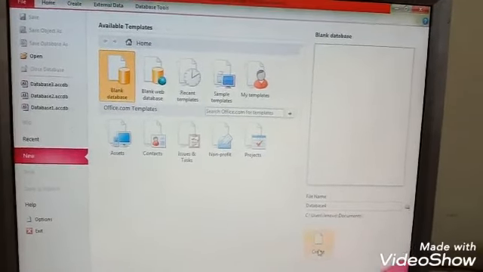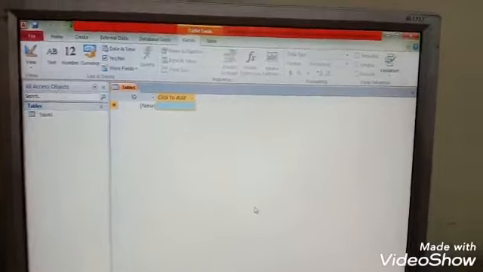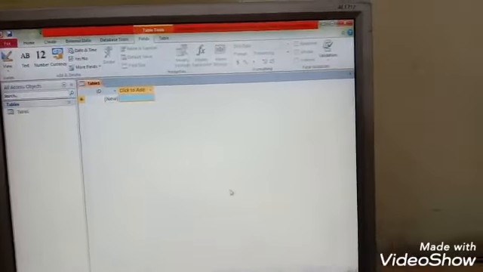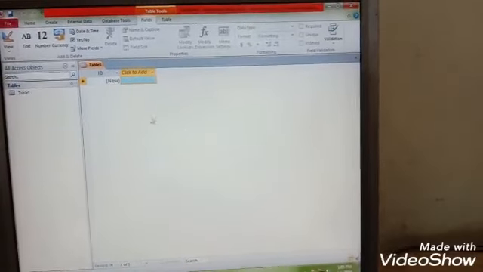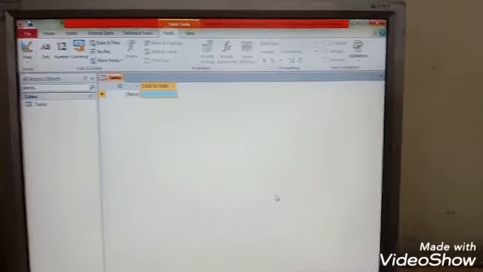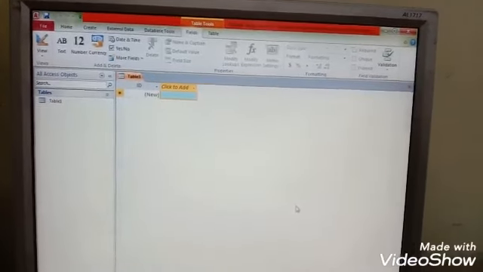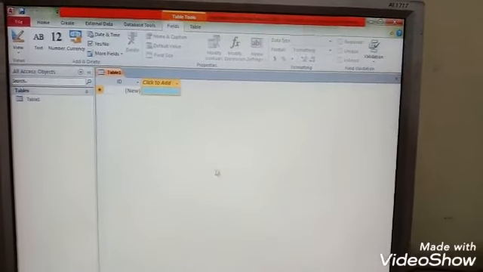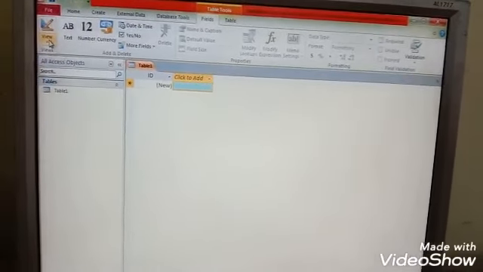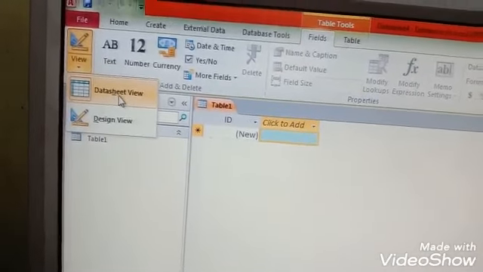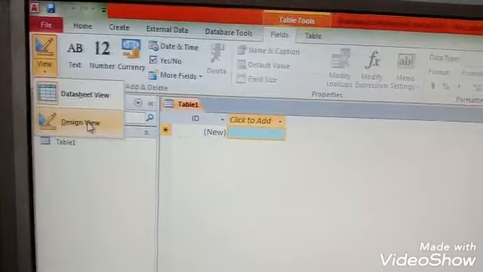Click Create. This page will appear on your computer screen. This is a page of MS Access. It is a combination of rows and columns in which you can enter data in the form of text, memo, number, currency, etc. There are two types of views of data and table: datasheet view and design view.